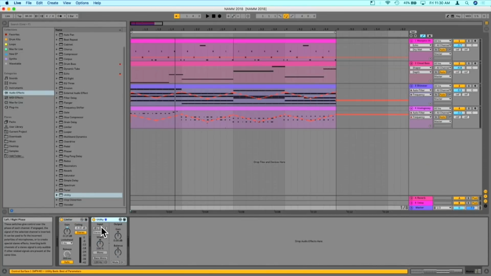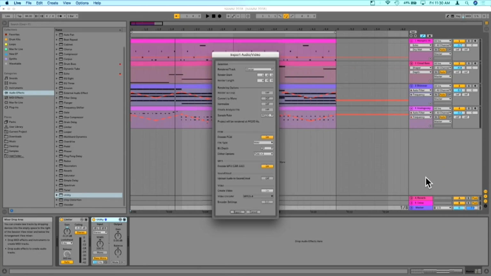So one thing that's really nice about Utility is it has a dedicated mono switch, so that I can preview all my mixes in mono, which is really important. There's also a bass mono switch that'll allow me to sum all the bass frequencies below this crossover frequency into mono. Great, so I'm going to set that on the master track,